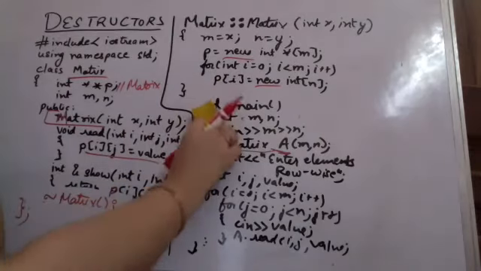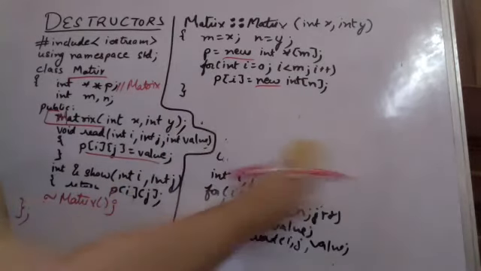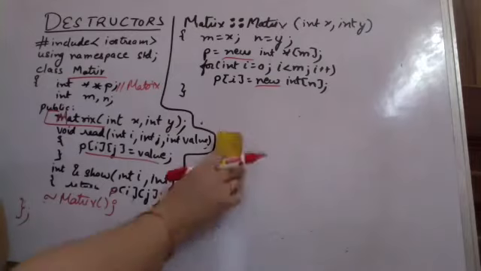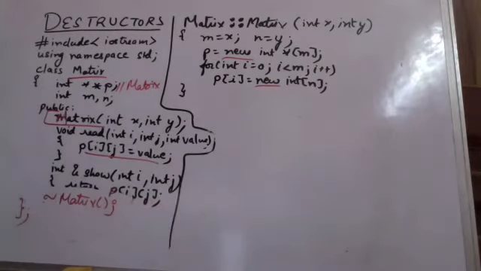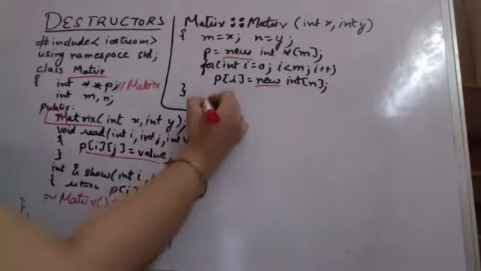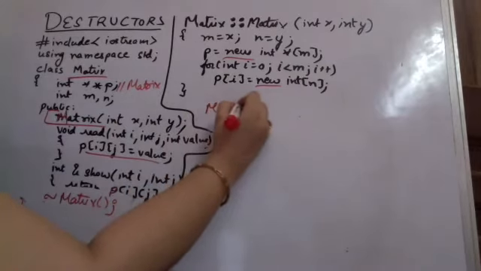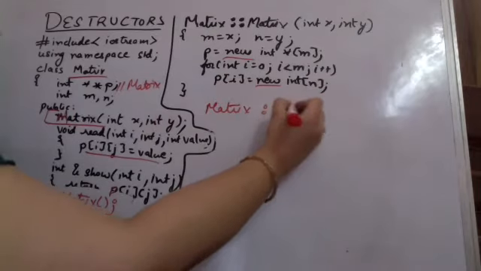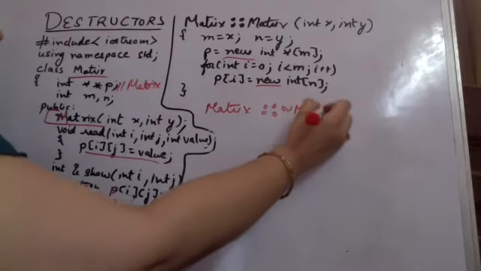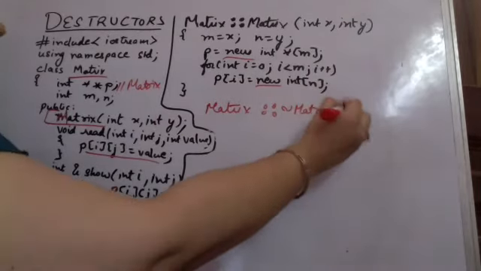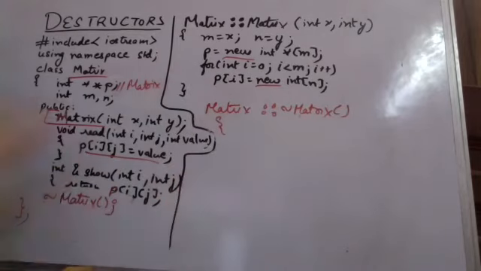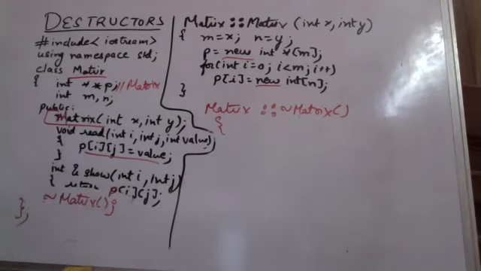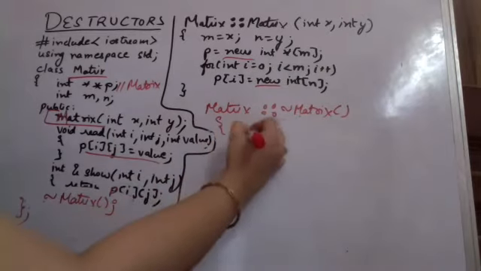Let me just define the destructor now for the same program: how the destructor can be defined and what it will be doing. So if I'm creating it here for Matrix, this is my scope resolution operator, the class name, and the function of the class. The function name begins with a tilde sign, telling the compiler that it is a destructor of the class. No arguments are allowed. Again, I need to run a loop.